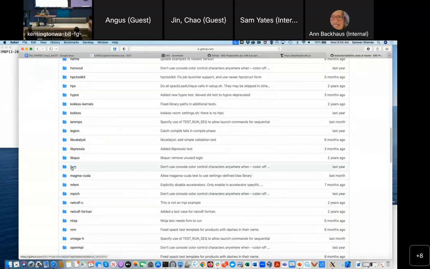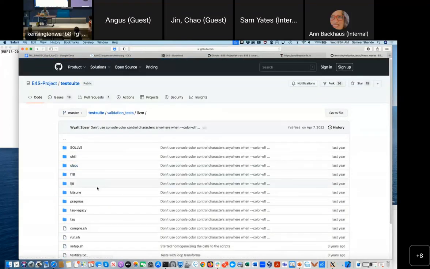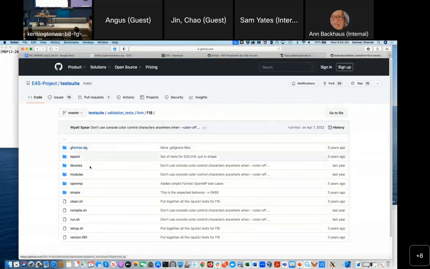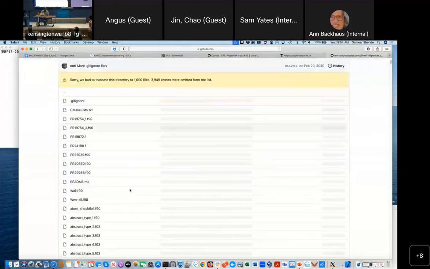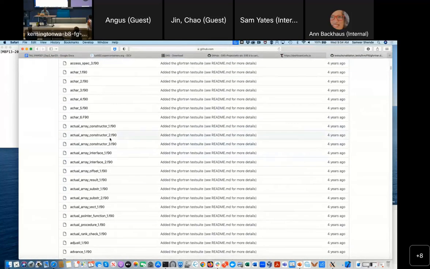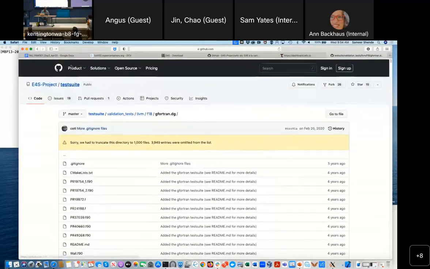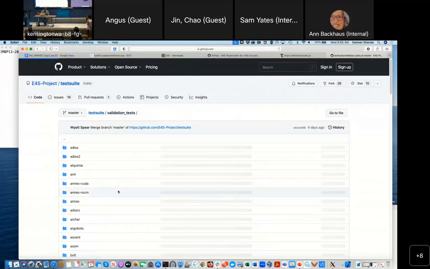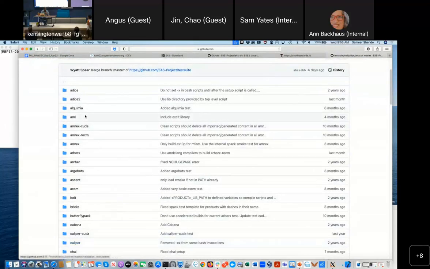There's a full LLVM test suite, which has Fortran tests, and there's a full gfortran suite. There were 3,900 entries for the entire Fortran test suite. So you can see that it's a very extensive validation test suite with all of these packages that are there